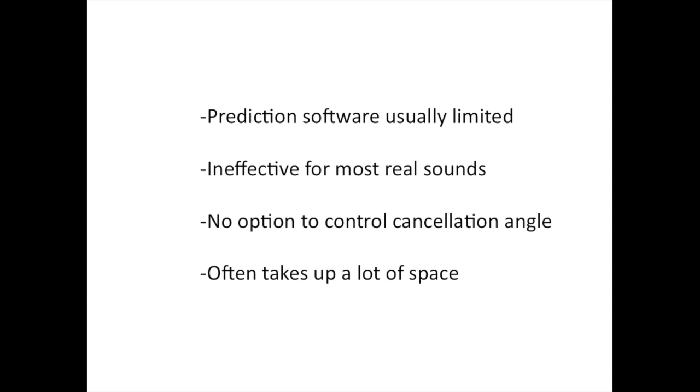So these and other reasons are why end-fire cardioid subwoofer systems do not perform very well in my opinion. The prediction software used to model their cardioid polar pattern is usually only considering a bread slice in an infinite sine wave, which makes its cancellation effect very weak for most real sounds, especially transients, and there is no way to direct the precise cancellation point at all frequencies if needed, and they can take up a lot of physical space because several rows of subs are often implemented to try, in my opinion unsuccessfully, to broaden the range of